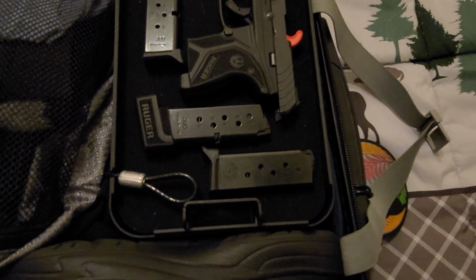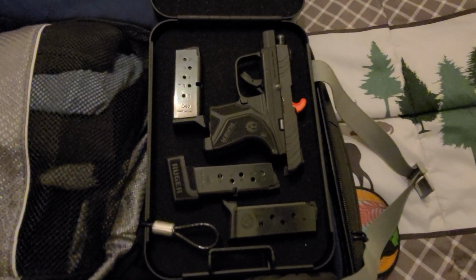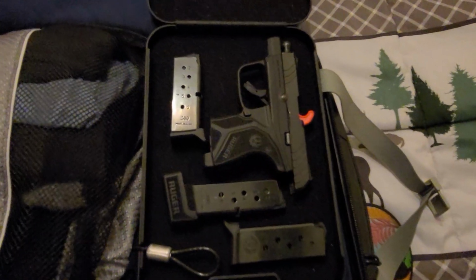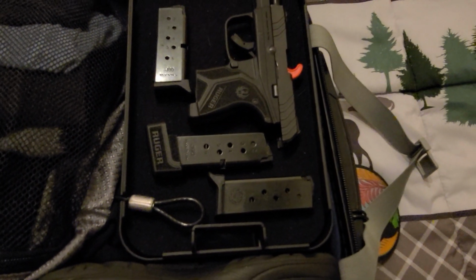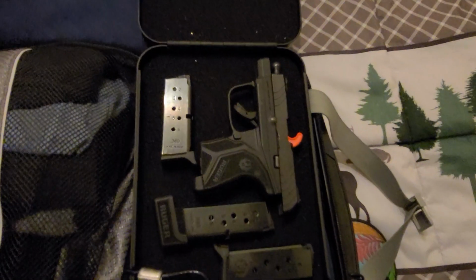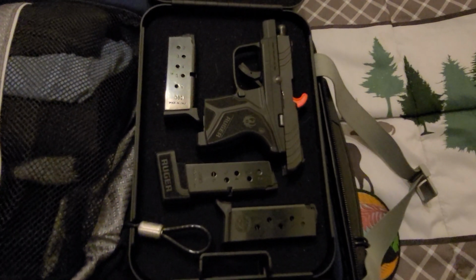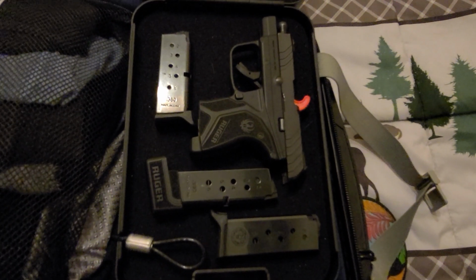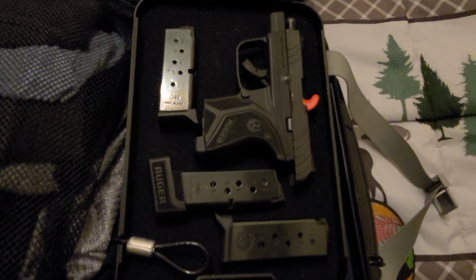And so I'm just going to leave it unloaded, because all I had was target loads. I was digging around in my gun cabinet and I could not find my self-defense ammo. But fortunately, my brother has some self-defense. And if you're interested in seeing that, look for the video of my little pink butter and jam video highlighting